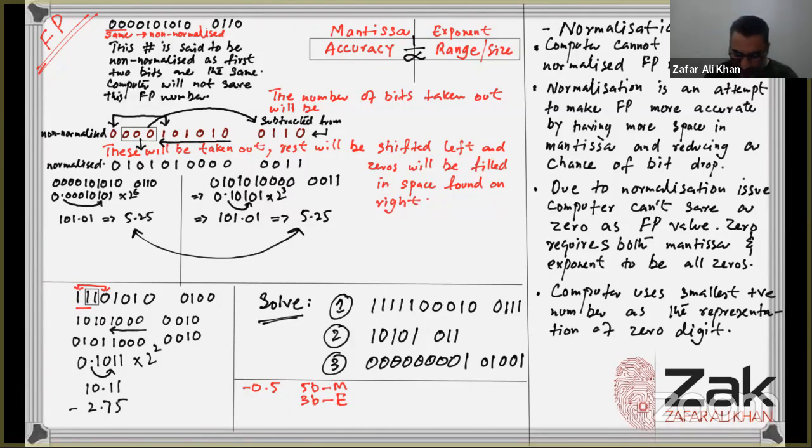Obviously, we will be solving it like 0.5 first, as we don't consider the negative sign, and then how we will put it is 0.1. So this is the fixed point representation of 0.5 in binary form, 0.1. Now we have to fit it in a 5-bit mantissa. So this will be fitted in 0, 1, 0, 0, 0, 0,